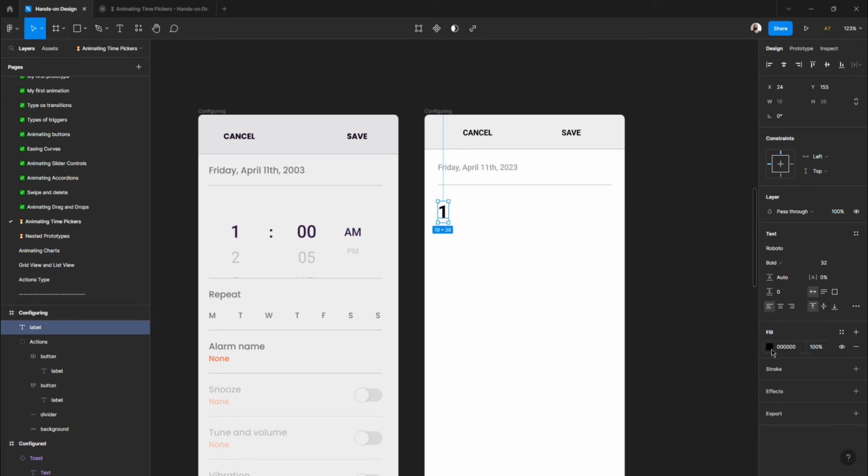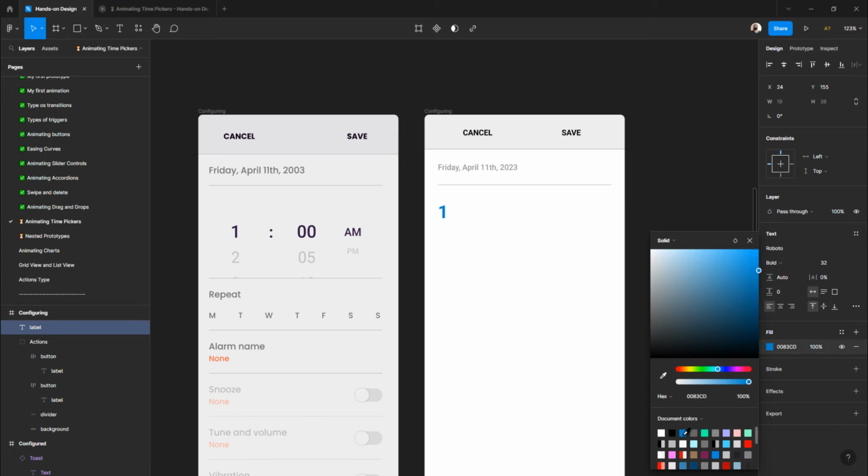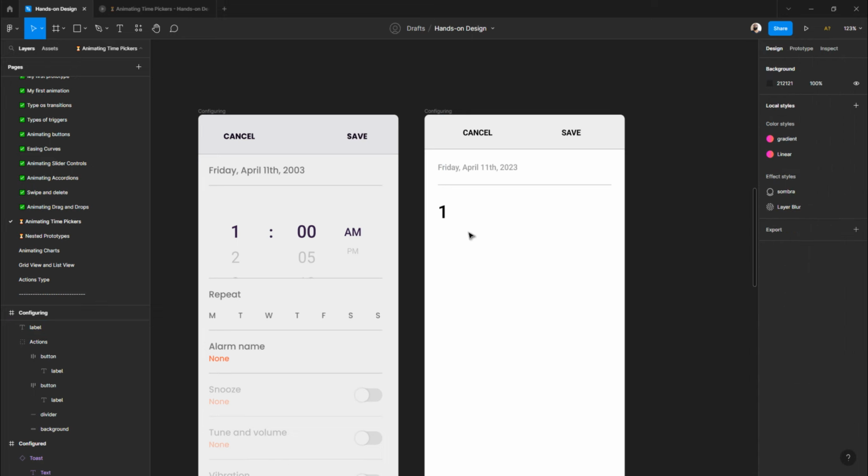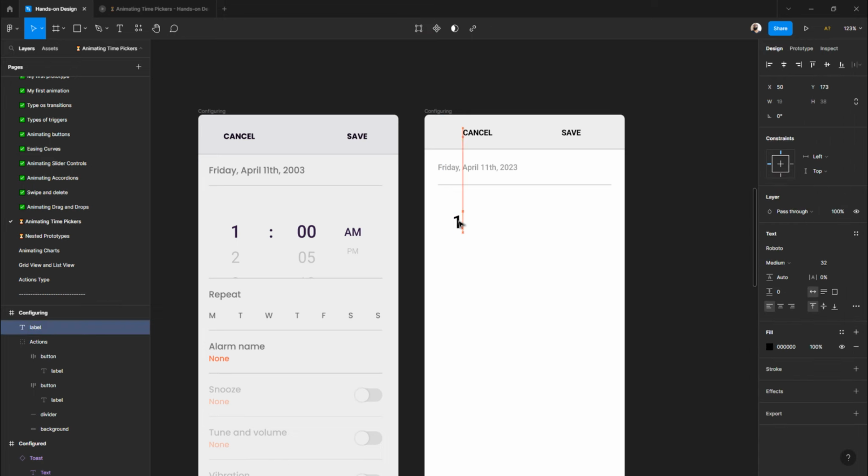Even too bold. I'm gonna select some color like this, and maybe, I don't know, I didn't define the colors, brand colors, action colors, feedback colors. In the future we are going to do all of that together, don't worry. And then bold, to bold, semi bold, almost there, medium. I think medium is okay. So first we do the layout, and then we start doing the components. So let's have